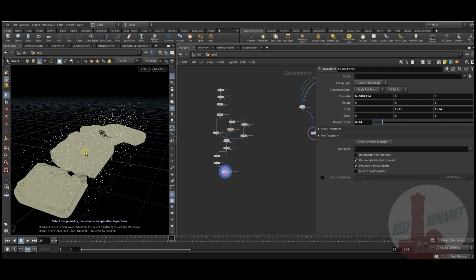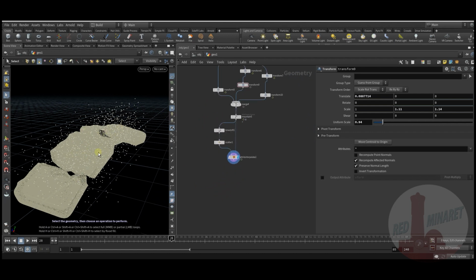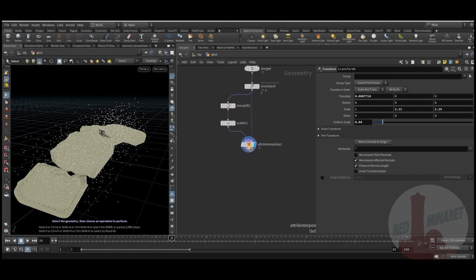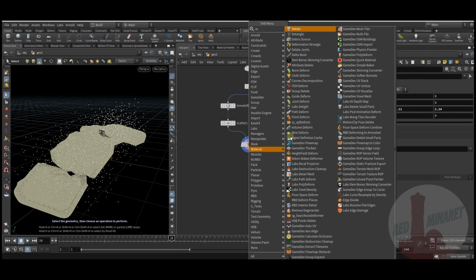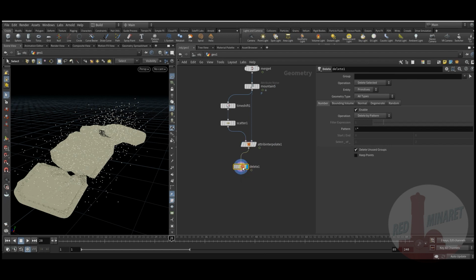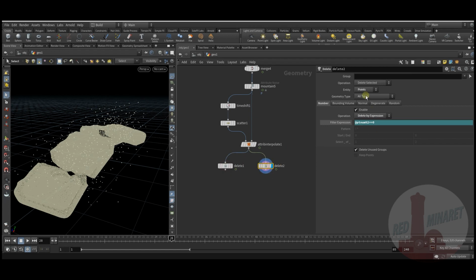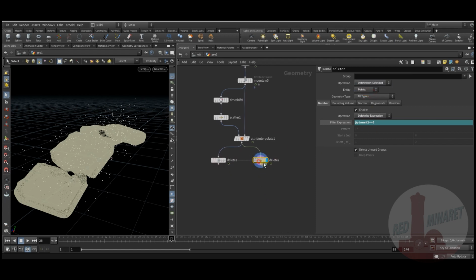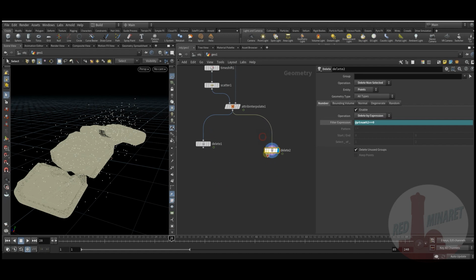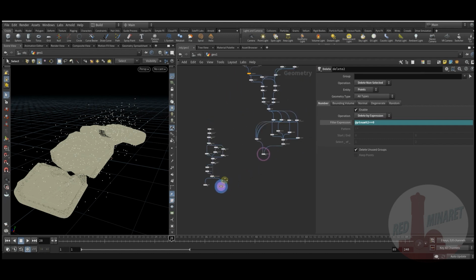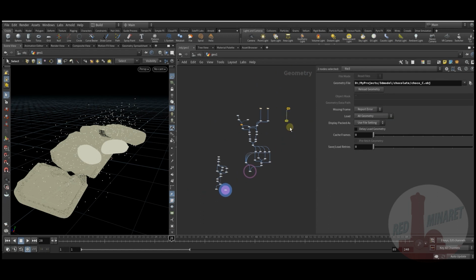So I use this point to scatter some chocolate and nuts pieces. So what I did next, I used delete just to split them. Expression and points. Use modulus by 2 equals 0. And there is delete non-selected. So what I did next, I